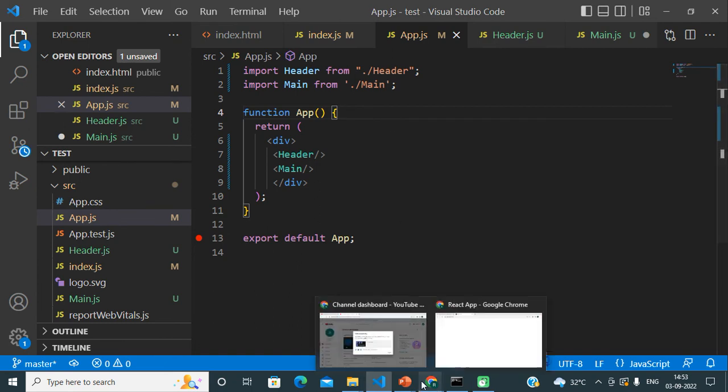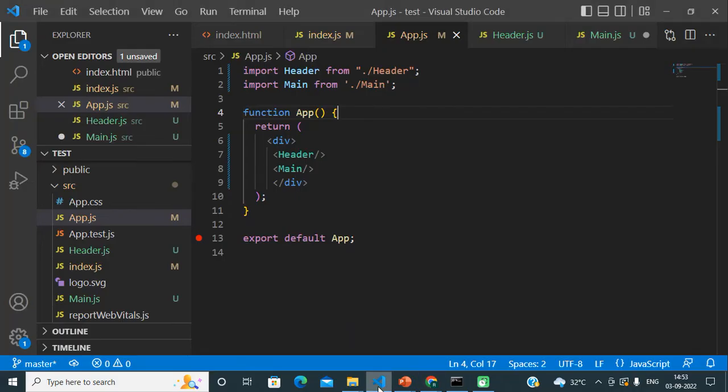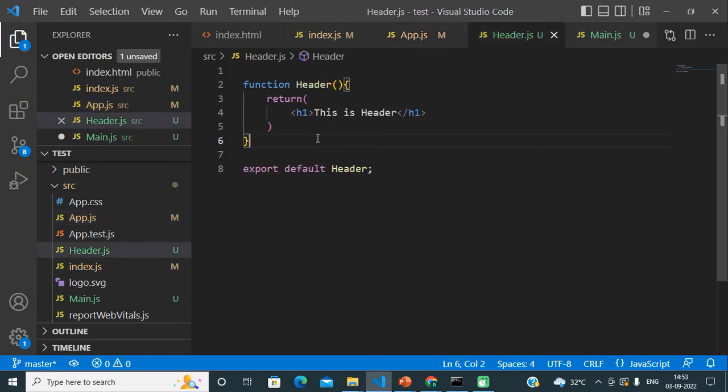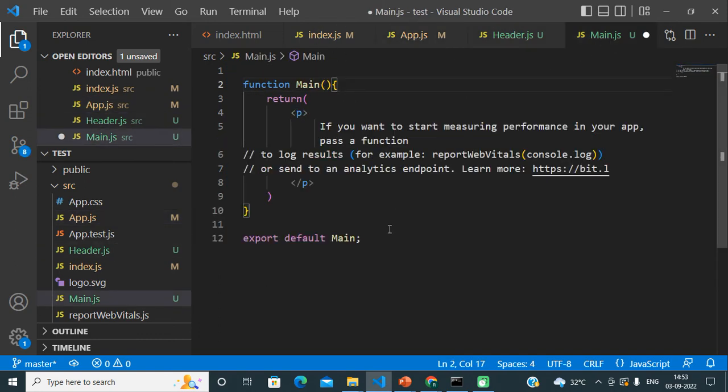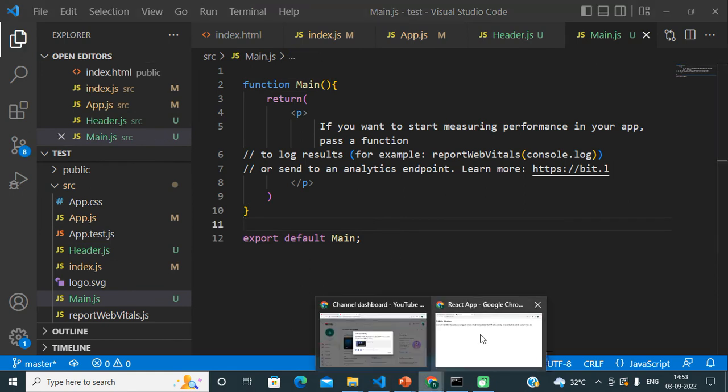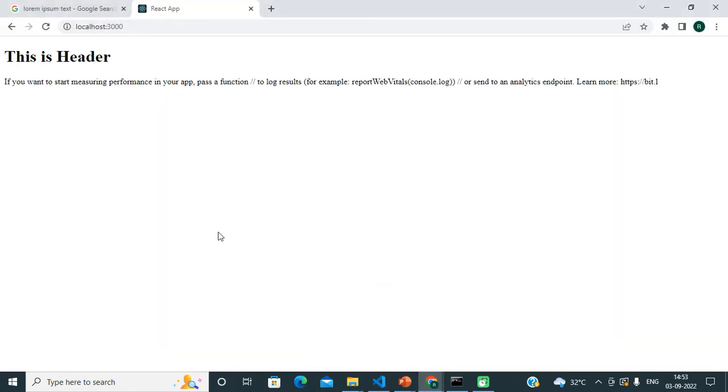Now come to the browser, and I am not getting my user interface. Why am I not getting my UI here? Because I think I am not saving all my files. I think I missed Control S. Yeah, that was the issue. You can see I am getting the output for my header component, and the result for my main component as well.